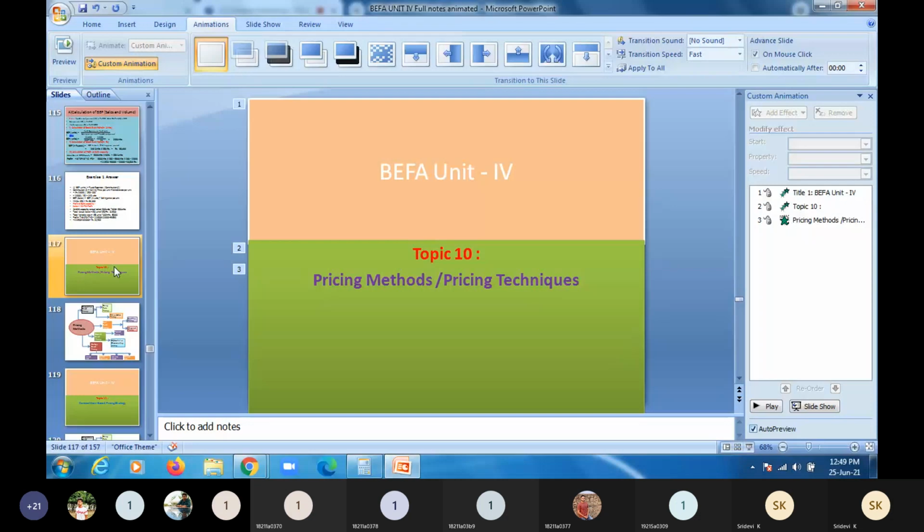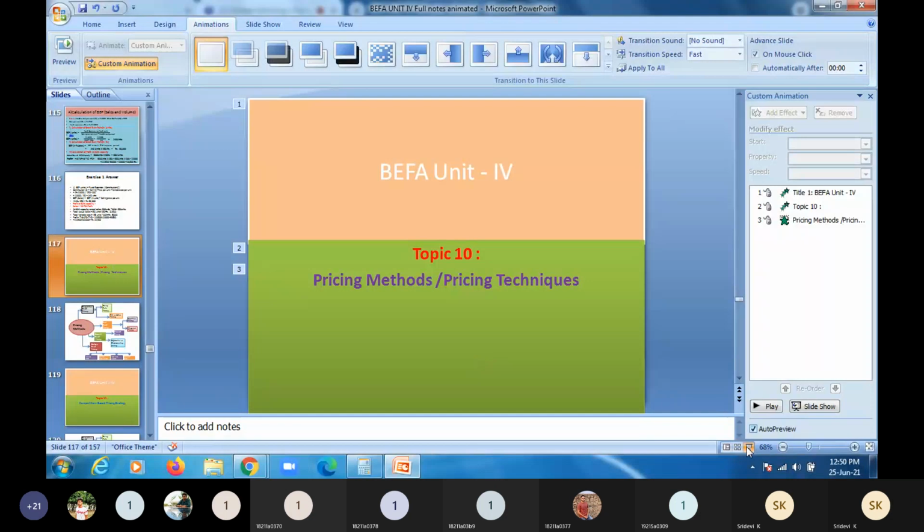So all these things we have discussed till now in previous topics, but the most important thing is the selling price of the product. So how is the price of the product fixed? Because to sell your product, this plays a very crucial, vital role, no? So you have to know how the price of the product is going to be fixed. So what are the methods we have available, which we can also call pricing techniques? So what are they? I will give you the list of that.